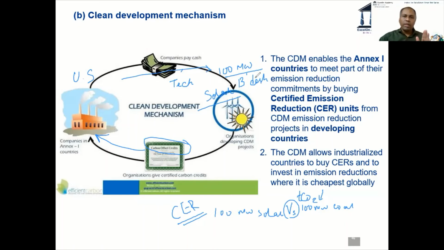So, is this scheme of clean development mechanism slightly better than carbon emissions trading? If we were to ask you in a simple yes or no, what will your answer be? Okay, people have already started responding. Yes, definitely. Almost all of you are saying yes. Can you tell me one reason why you think it is better? One reason. I'll wait because I know you may have to type. One reason why you think this is better than carbon emissions trading.